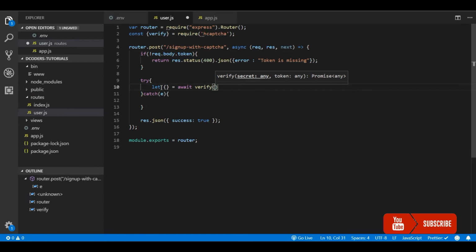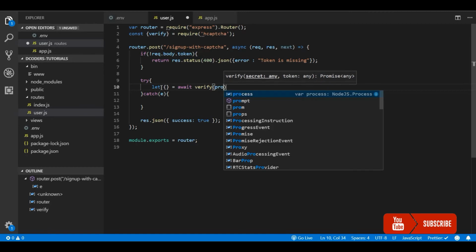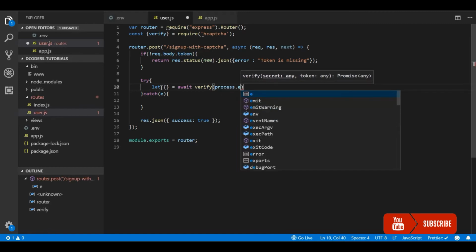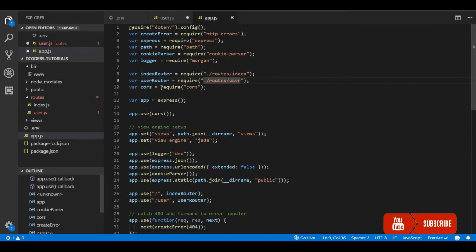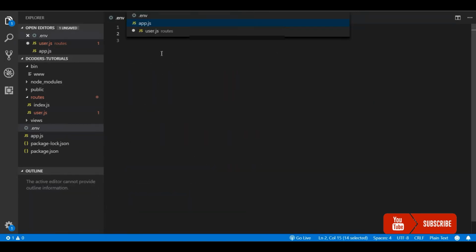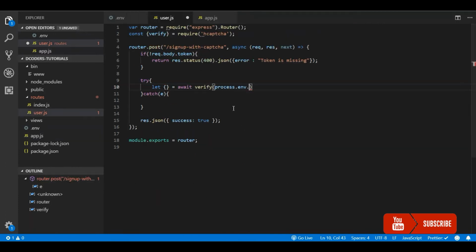For this, we need to add the secret and the site token. Sorry, the secret is already added to my environment file, so I can access it from there. And then I'm going to pass the token that we received in the request.